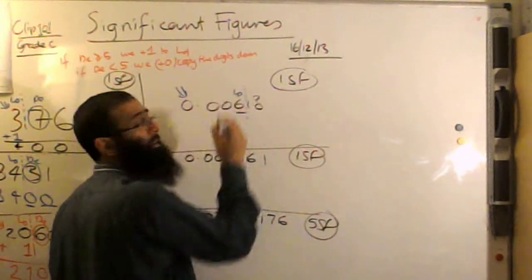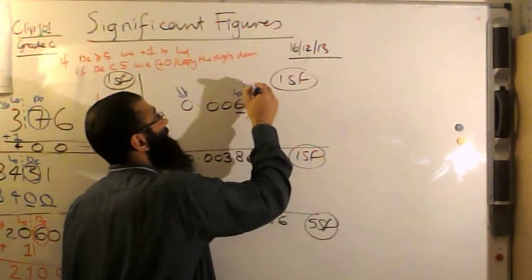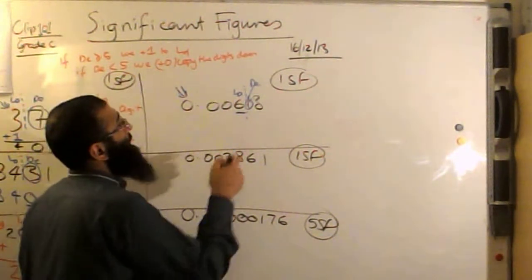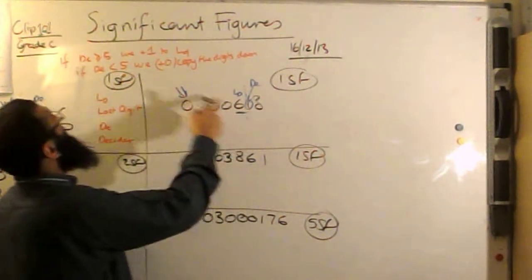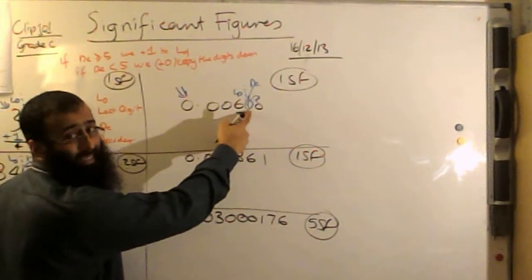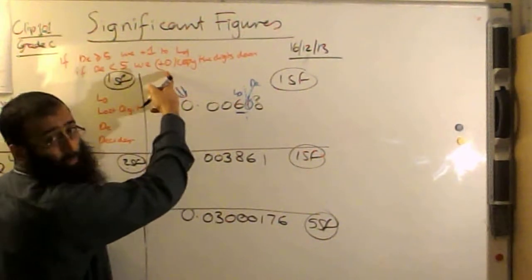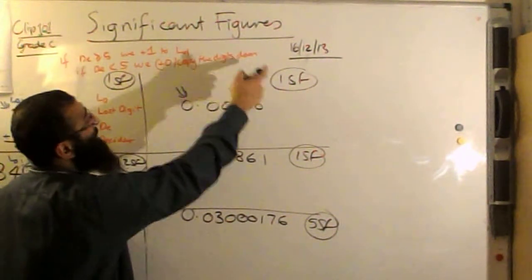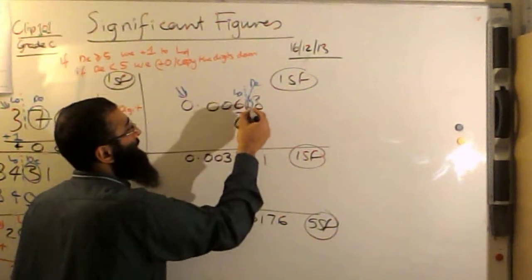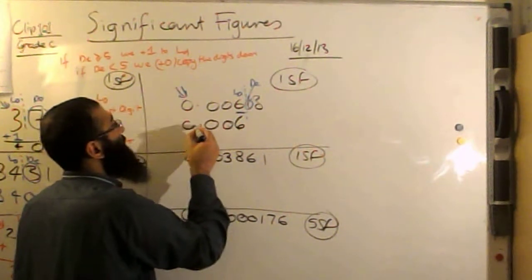It is also called our last digit, and the next one is called the decider. Layla, are you paying attention? What's the rule for the decider? If the decider is greater than or equal to 5, we add 1. But if the decider is less than 5, we don't round up; we just copy the digits down. That one is obviously less than 5, so I copy the 6 down, the 0, the 0, the point and the 0.